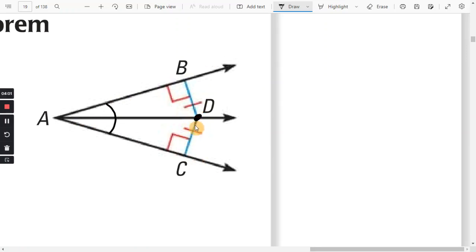This distance here is the same as this distance here. So DC equals DB. So I'm going to say, since DC equals DB,